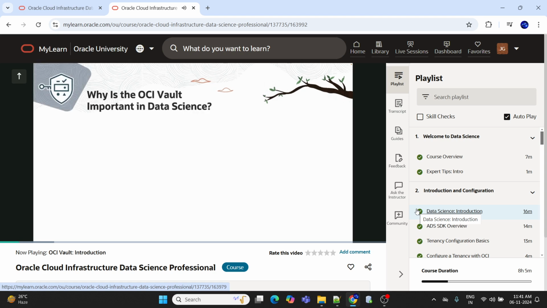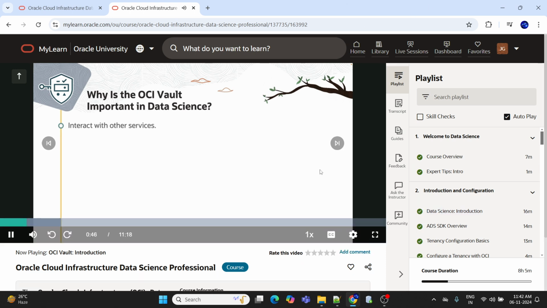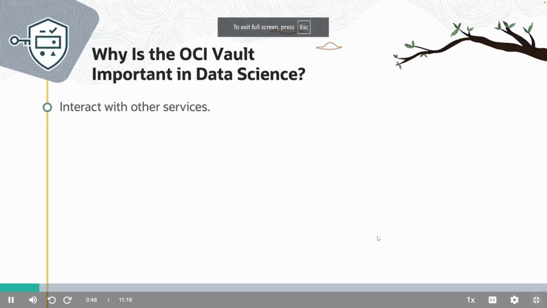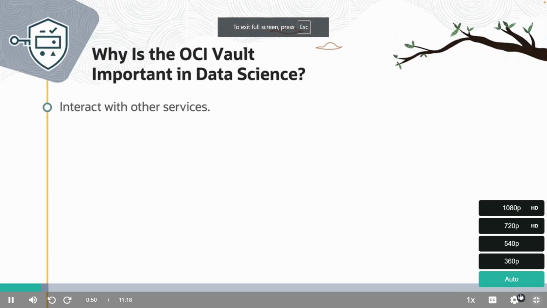Let us start by discussing what the OCI Vault is and why it is important to you as a data scientist. The data science workflow often requires you to interact with other services, to connect to important data, to store and retrieve artifacts, import and export data,